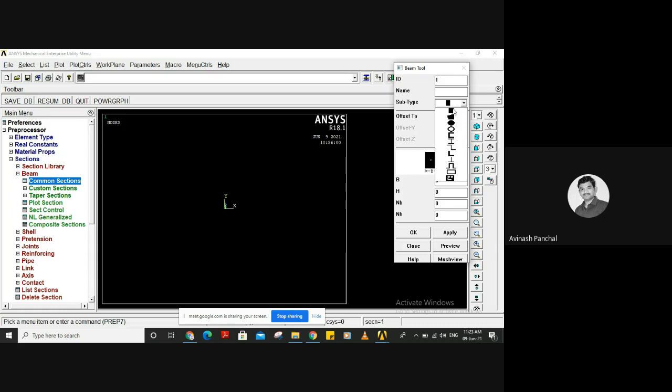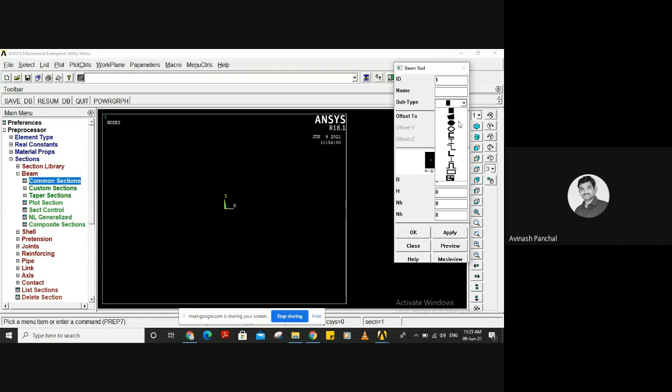The square section, rectangular section, rhombus, circular, solid circular, hollow circular, then C section, I section, Z section, L section, and T section. Other types of sections are available over here, different kinds of sections.